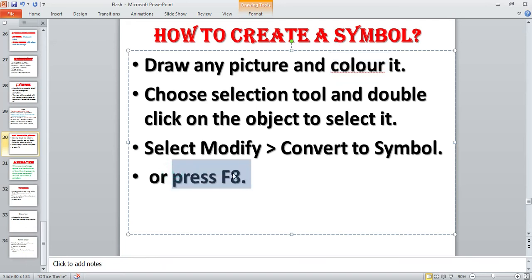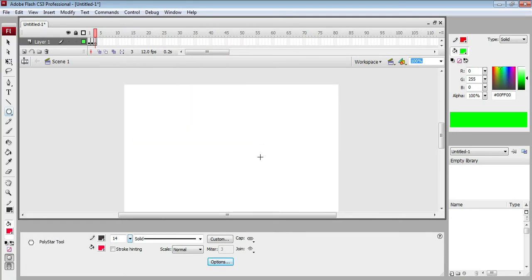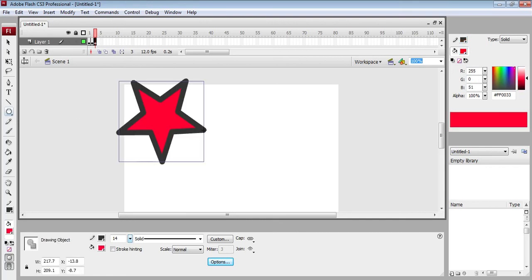Okay, so this step I am going to show you simply in Flash. So first you can see I'm going to draw this one. Okay, so I'm going to select shape and draw. After drawing these, we have to apply changes.